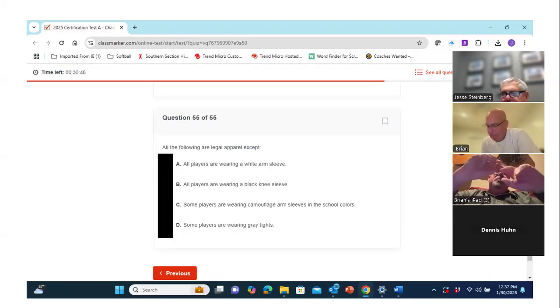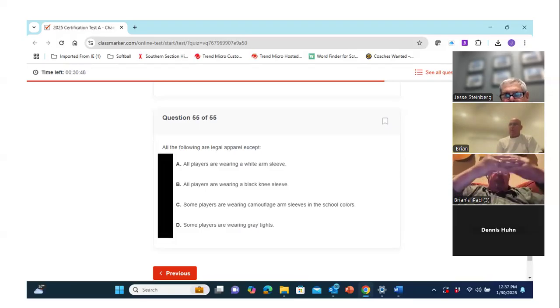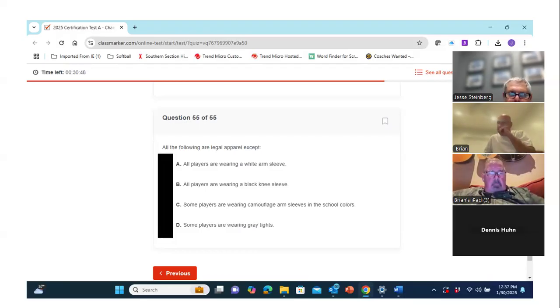If you have passed test A, you do not need to attend that meeting. It will probably be pretty much the same thing we did tonight, because all test B is, is that they're going to jumble the questions. There are not a whole lot of changes in there. So hopefully everyone does well enough on test A, 80% or better.